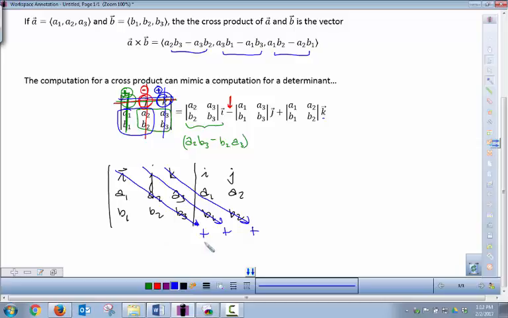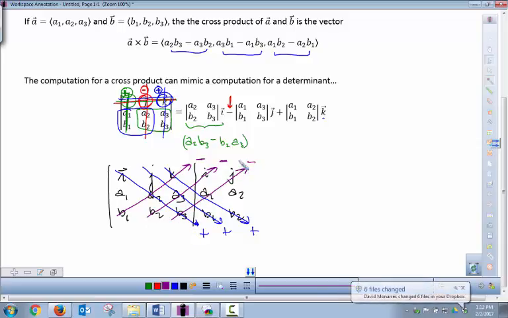So they would multiply all these and add it, and then they would multiply these diagonals and subtract it. So let's see what this will give us. That would give us A2, B3 times I plus A3, B1 J